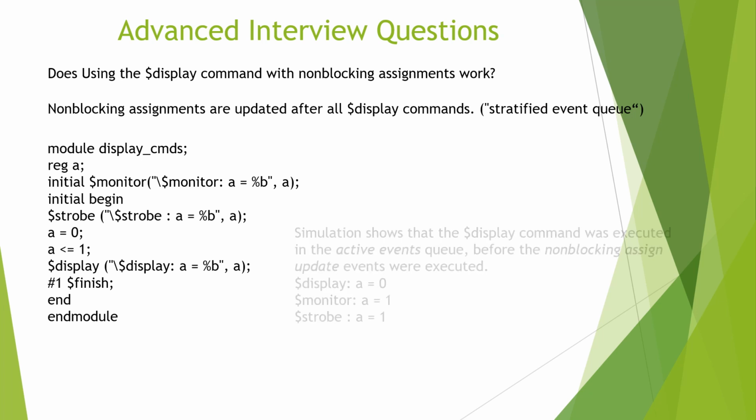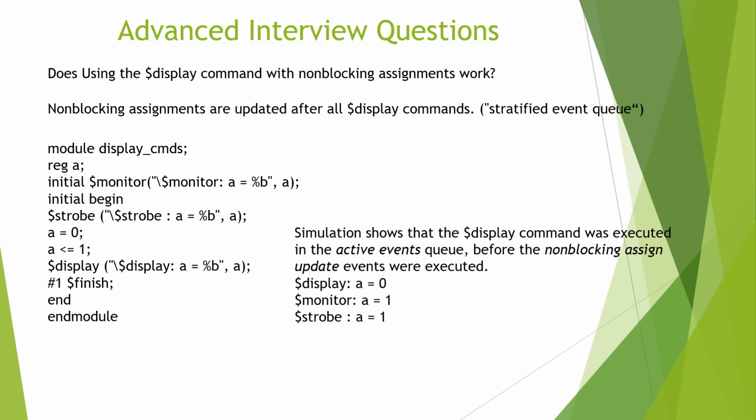the result of the simulation shows that the $display command was executed in the active events queue before the non-blocking assign update events were executed. So because the $display executes during the active events segment in the events queue, $display will display a as 0, and from